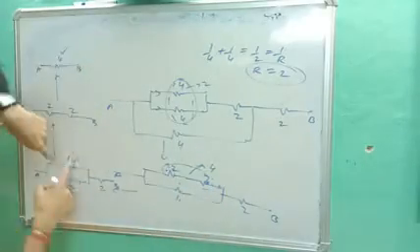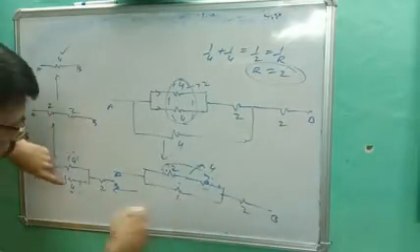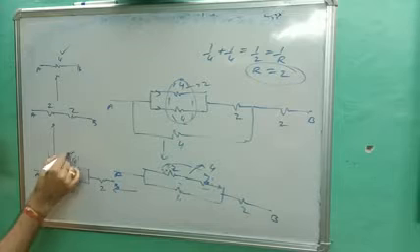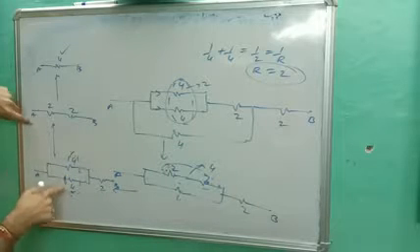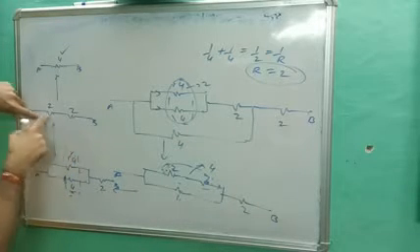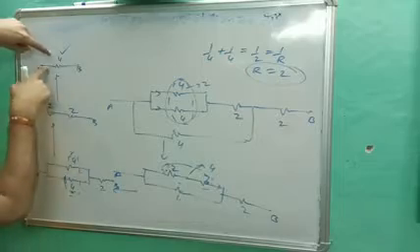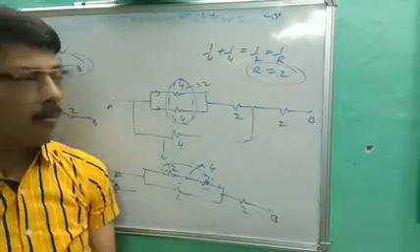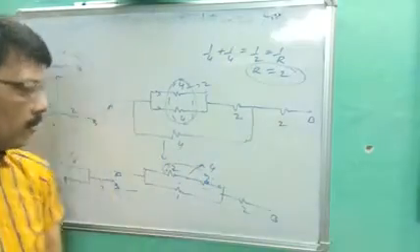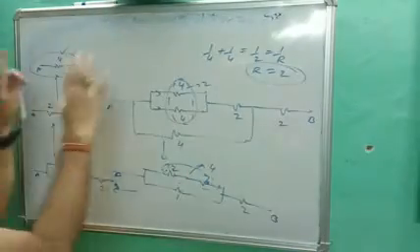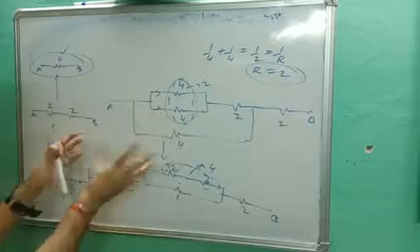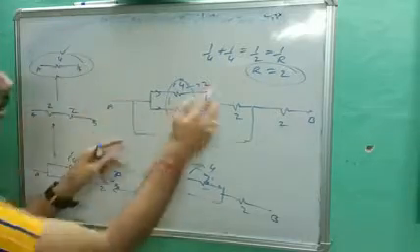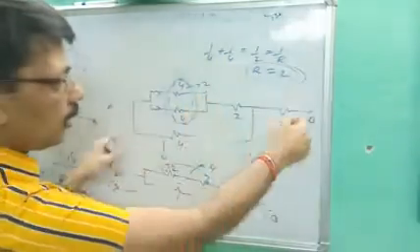2 and 2, 4, 4, 4, 2. Again 4 and 4 are connected in parallel because current divides. So 4 and 4 become 2 and 2, and 2 and 2 are in series, it becomes 4. So the answer of A and B resistance becomes 4 ohm. Points are very important. Points were A and B. Okay. So this is the first question based on classification of resistance, how you solve parallel, series, parallel, series.